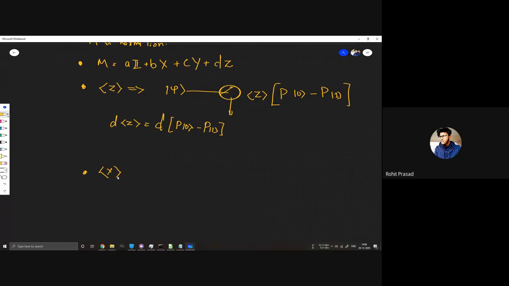For x, we say that starting with a psi, we apply an H gate, then we measure it, making this the new state, psi dash, and then taking p of 0 minus p of 1 of that psi dash, right?